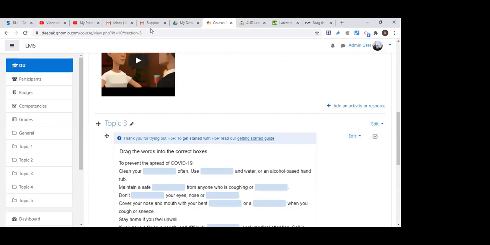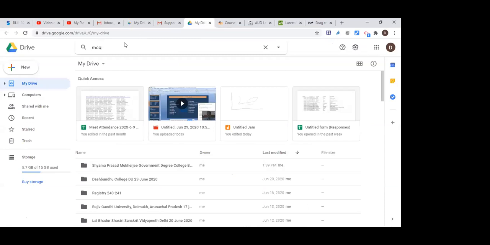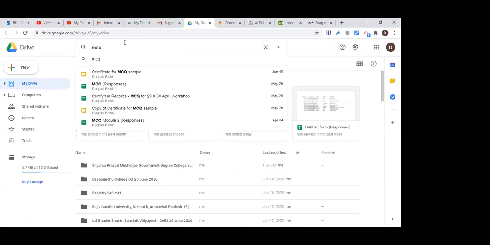Even if you collect the embedded code from a Google form, I hope you are aware of that. Let me open a Google form.